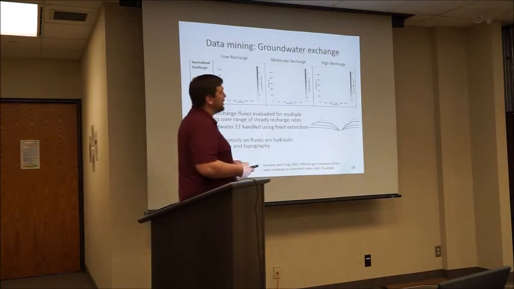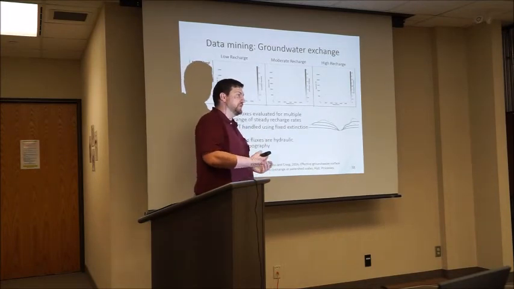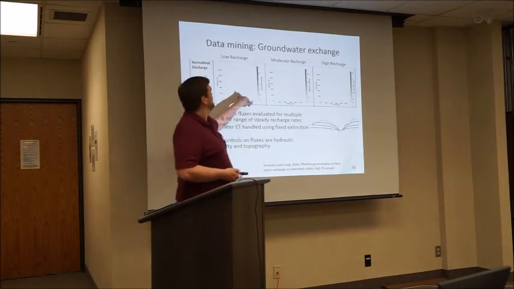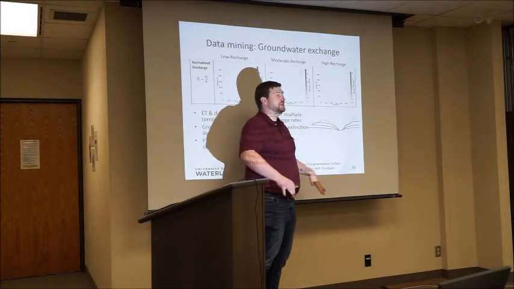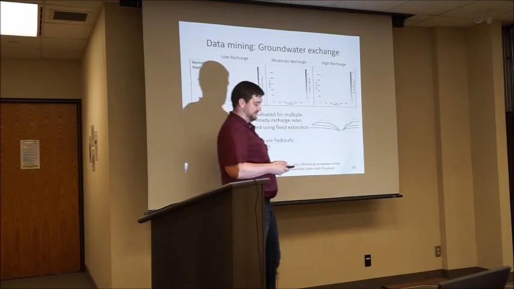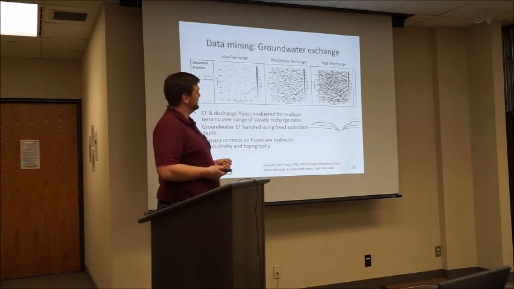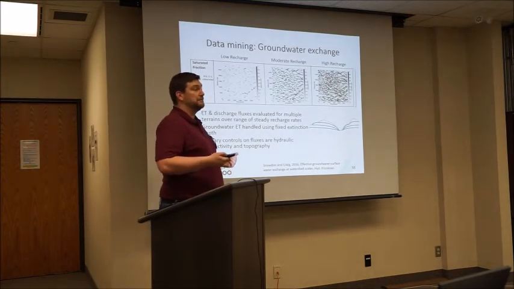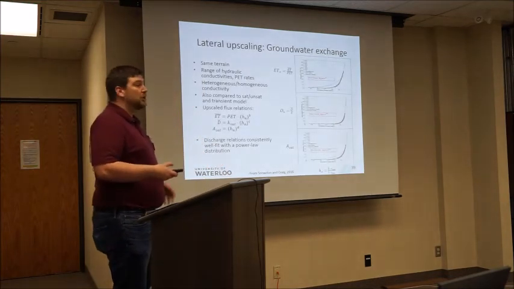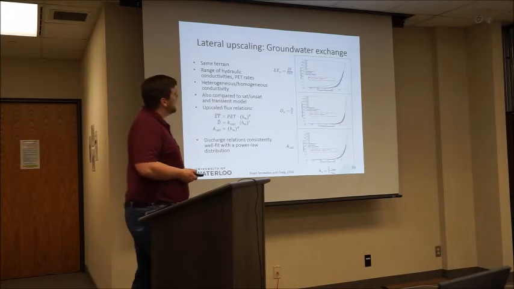We can look at the discharge, so all the points at which water is draining into a surface water feature or discharging as a spring. Low recharge, moderate recharge, high recharge. The higher the water table gets, the more opportunities the groundwater has to exit the system. And then we can also look at the saturated area fraction as a function of mean head. So we ran this through a relatively simple model initially with different terrains. This is just an example of one terrain where we tracked,